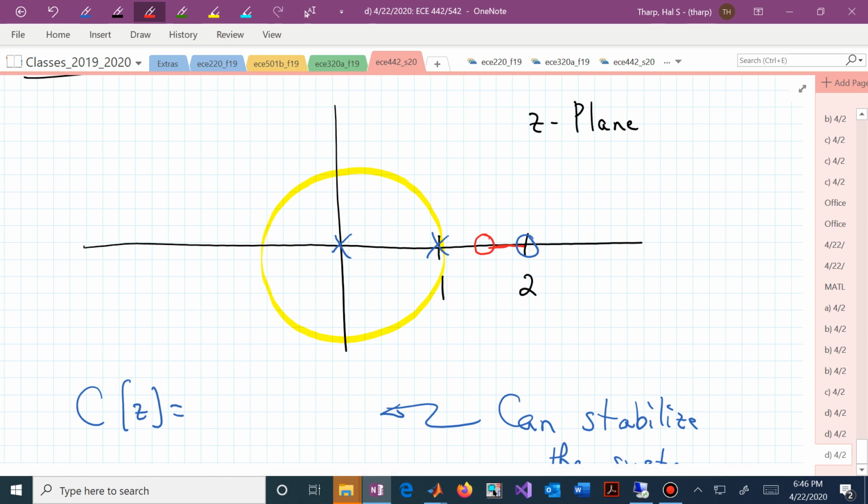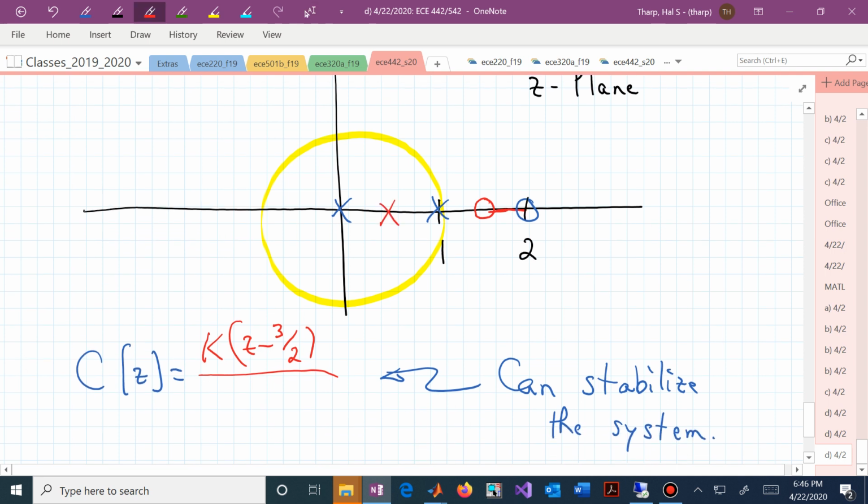We can't get away with an improper transfer function, meaning we have to make this at least proper. We have to introduce another pole. If we now put in a pole, let's say at 1/2,